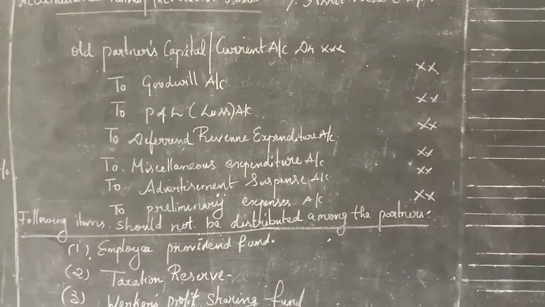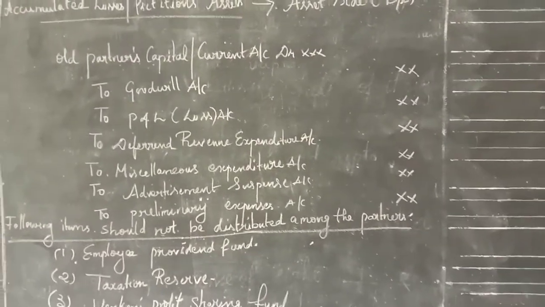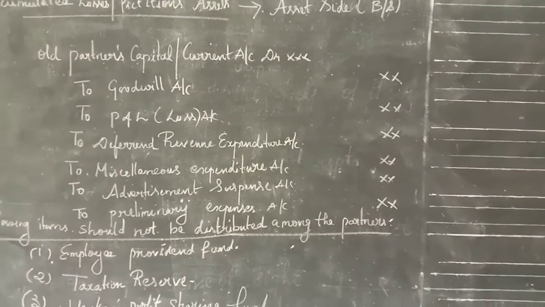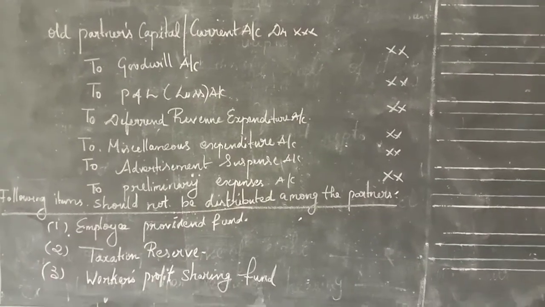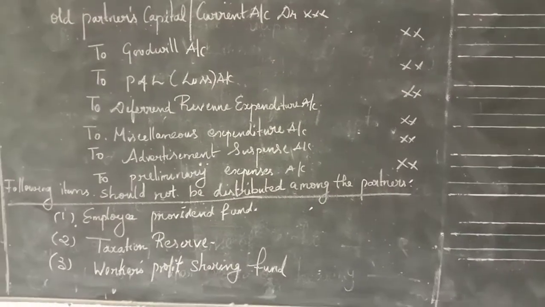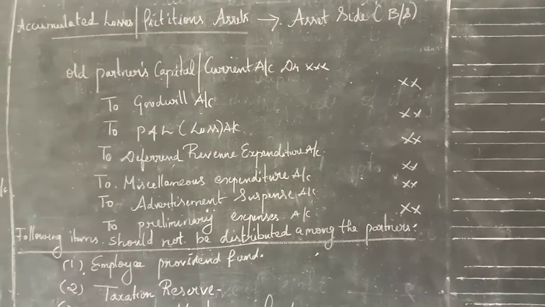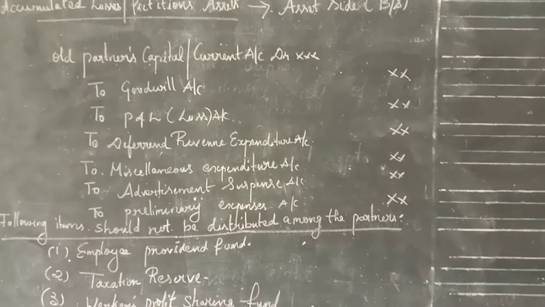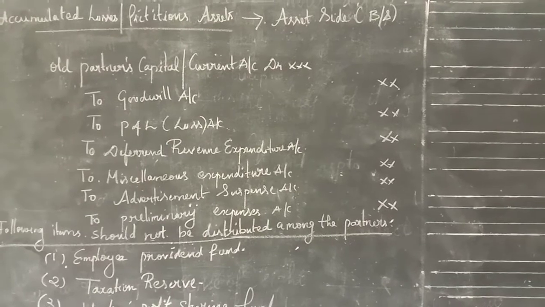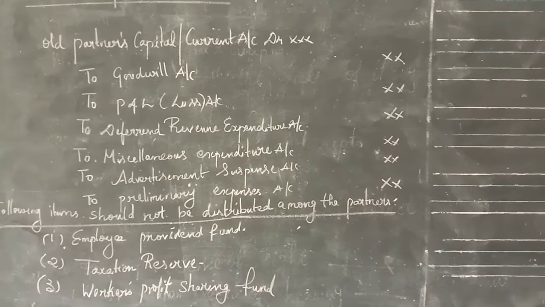and fictitious assets. So what are all the fictitious assets? That is the goodwill, and profit and loss, that is the accumulated loss which is on the asset side. And the next ones are the deferred revenue expenditure, miscellaneous expenditure, advertisement suspense account and preliminary expenses. So these are all the items which come under the accumulated losses and fictitious assets. These accumulated losses and fictitious assets are to be distributed between the old partners' capital or current account in